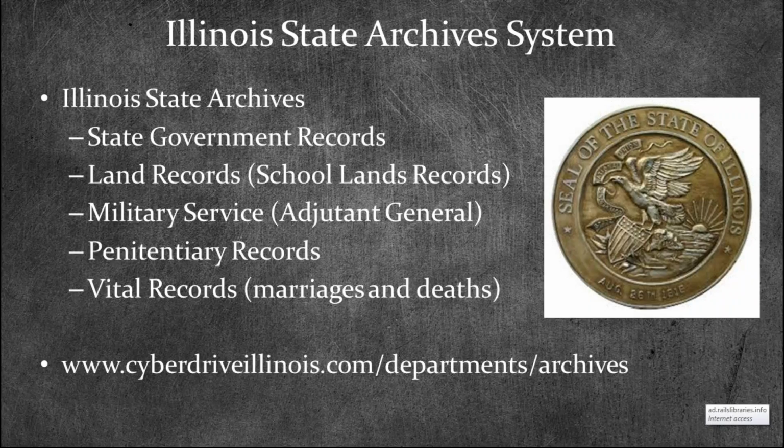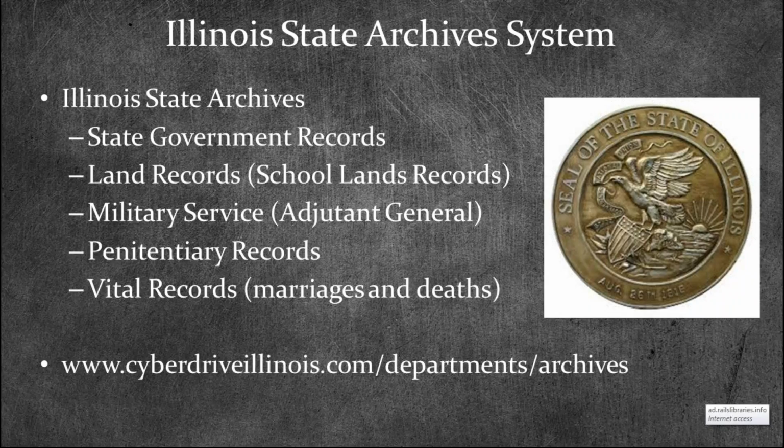Some other fun things that they have is penitentiary records. So if you had somebody who was sent downstate to Dwight, or if they were sent to prison at Joliet, they've been digitizing those, and they're actually available online right now through IDA Illinois. I mentioned IDA Illinois in my previous 2 webinars. It's just IDA for Illinois Digital Archives, idaillinois.org. And the State Archives has a collection within there, and these penitentiary records are in there. They're kind of cool. So for Joliet Prison, they go back to 1853. So I can see all of the people who are being thrown in jail and why. So just some fun things that are there.